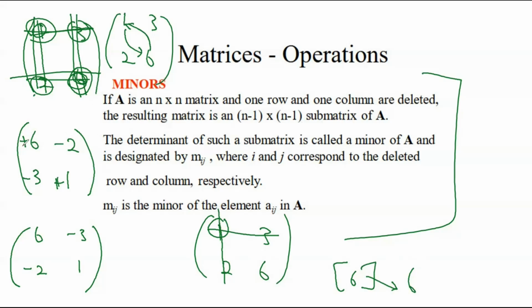What determines the sign that goes in front is something else. There's something called a cofactor, and there's a certain sign that you put in front. You see it in the rest. Right? And you go on like that. You find the minor of 3, the minor of 2, the minor of 6, and you get all these, 6, 2, 3, 1, with a sign in front. So you talk about how you get that adjustment. Right? I was just showing you how you get